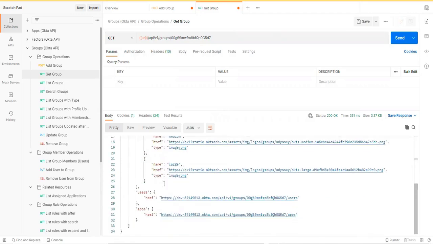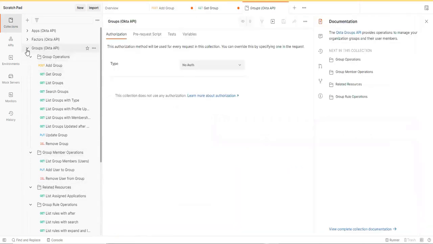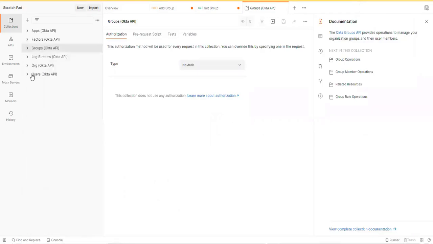Actually, yesterday I tried to create one user, but I wanted to edit the same user because I didn't change the first name and last name. Is there any option to change the user's first name and last name? Update, right?